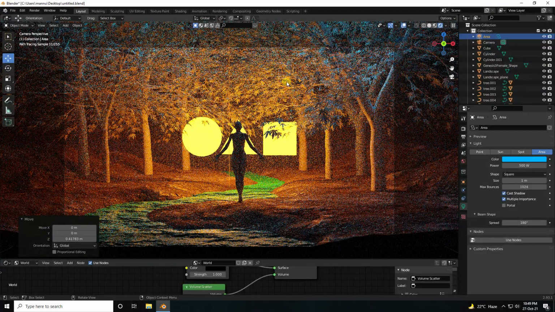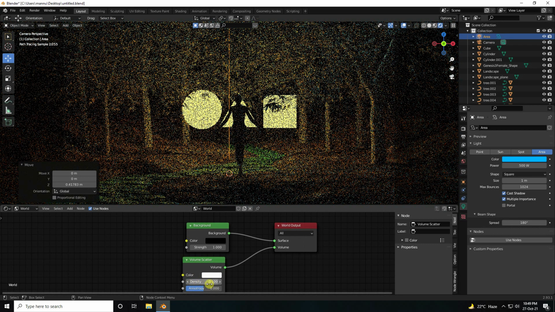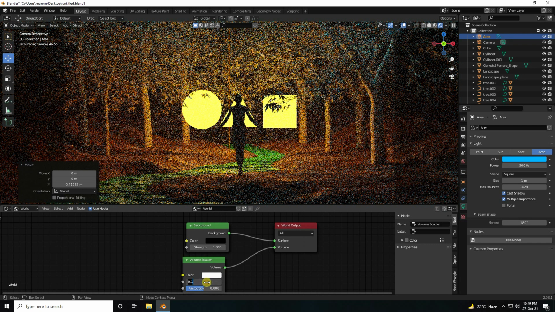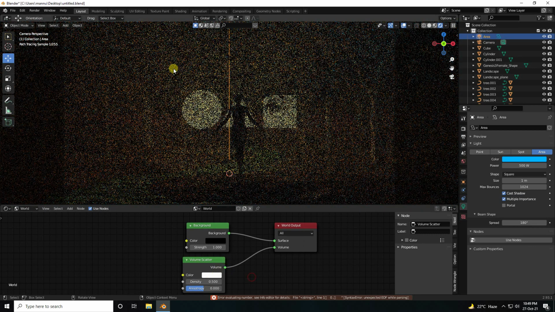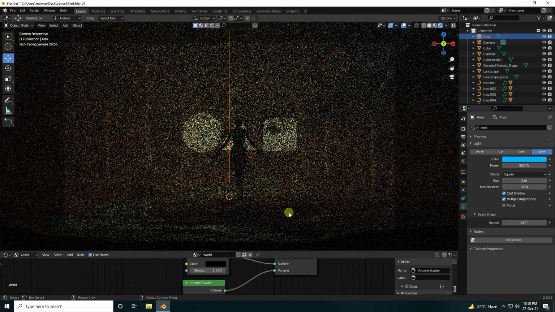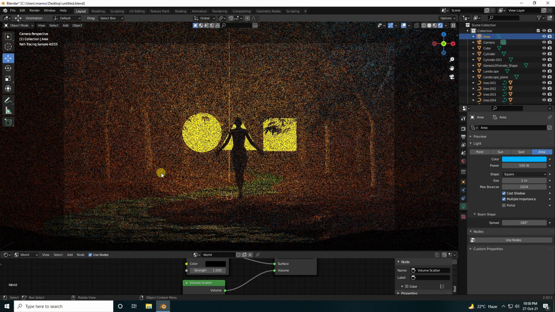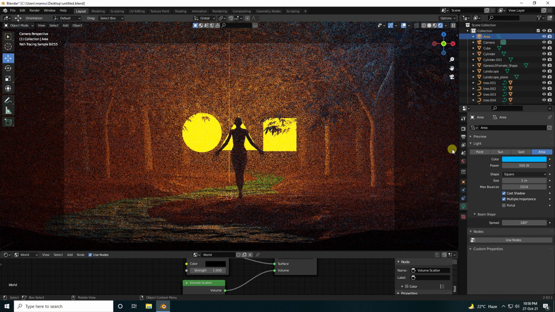Yeah, it's good, right? Okay, so guys, now if you want to create more foggy effect, so you can increase volume scatter density like 0.5 and enter. Yeah, see guys, that's my really cool fog effect. Guys, it takes a little bit of time for rendering. Okay, so next one guys, I create more light for my left side and right side.